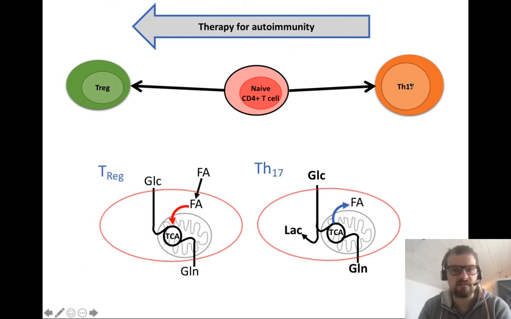So for instance, if you want to treat autoimmunity, you might want to promote the differentiation of Tregs over Th17s. A very elegant study took up this question, and they noticed that Tregs and Th17s differ. One of the key metabolic differences was that Tregs burn fatty acids that they scavenge, whereas Th17s make their own fatty acids. The fatty acids that the cells use for making lipid membranes, for instance, are scavenged by Tregs, whereas Th17s need to make their own. So this group